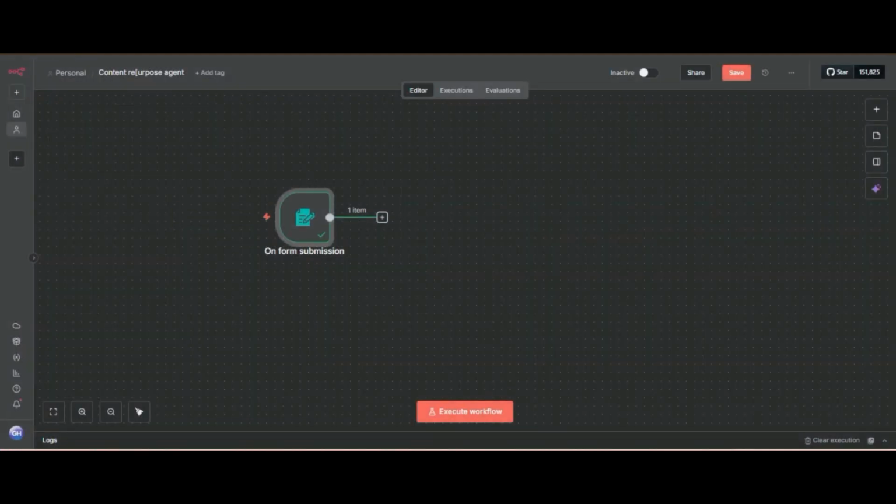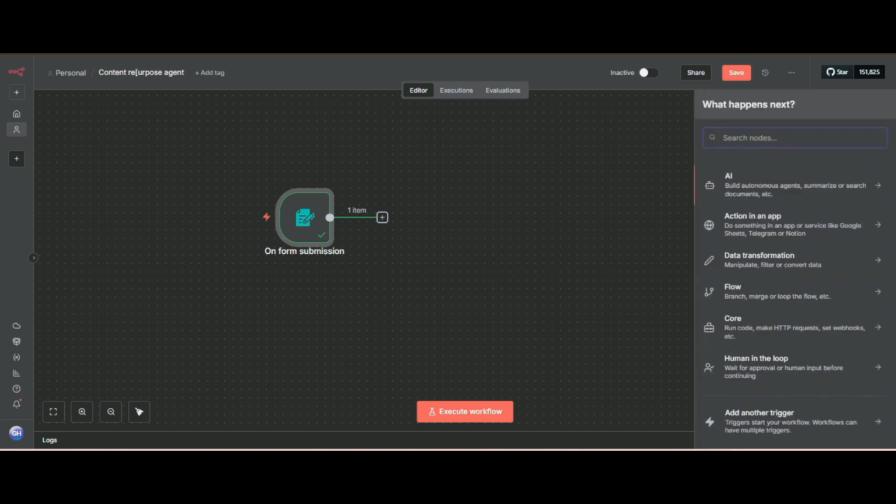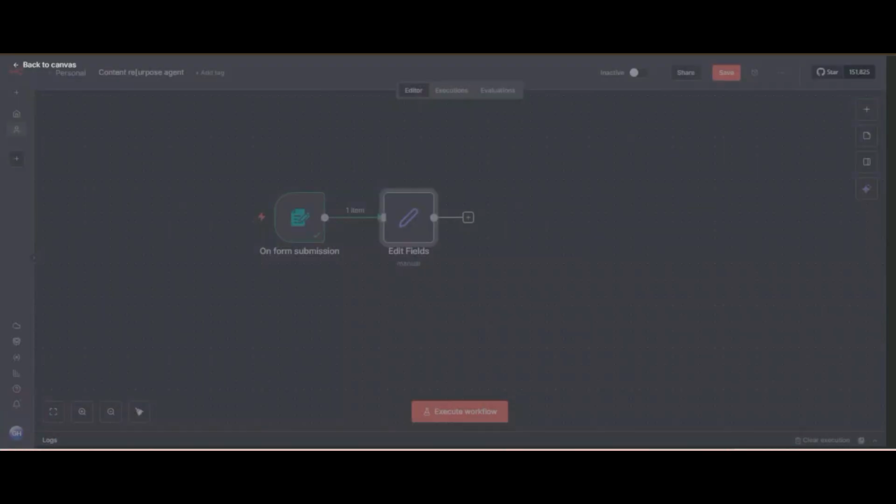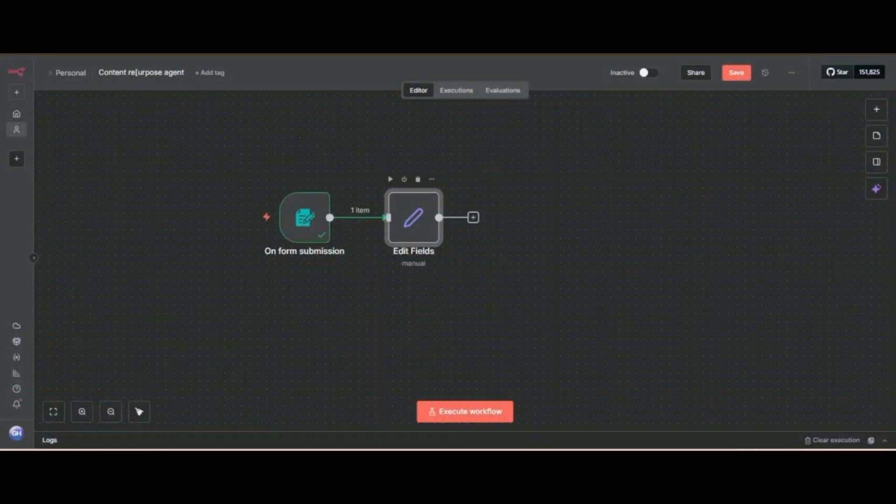So why do we use the Edit Fields node, and what is it? Basically the Edit Fields node is a basic and most important node, because it is used for manipulating the data, renaming the data, filtering the data or modifying the data.